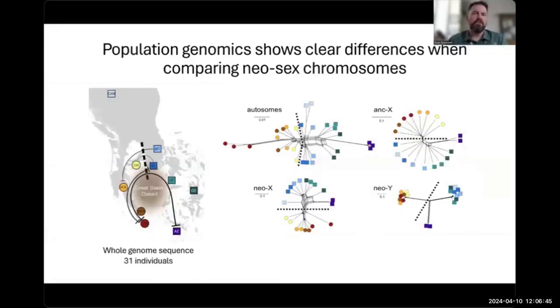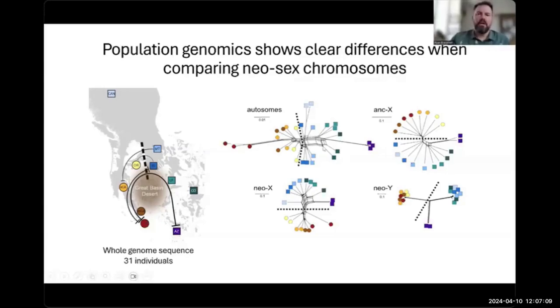So I've done some population genomics analyses in the past to try to understand the population structure for this beetle. This was whole genome sequencing data around 31 individuals. There was a reference genome. This was the second beetle to have a reference genome published for it. So we were able to take advantage of that. And using over 1 million SNPs partitioned across autosomes and the sex chromosomes, what I was able to show is